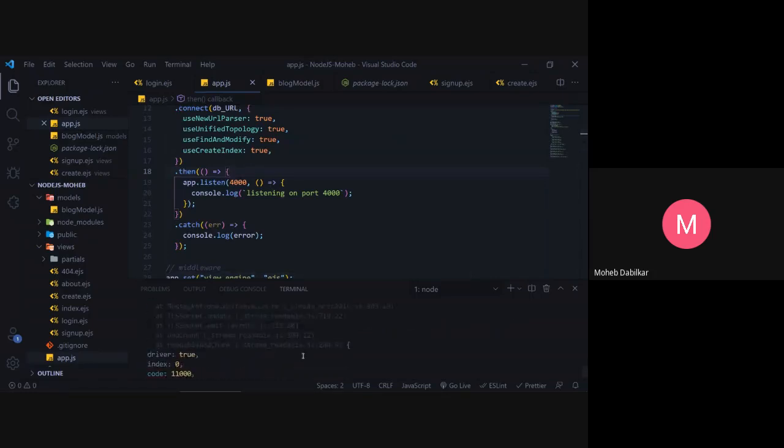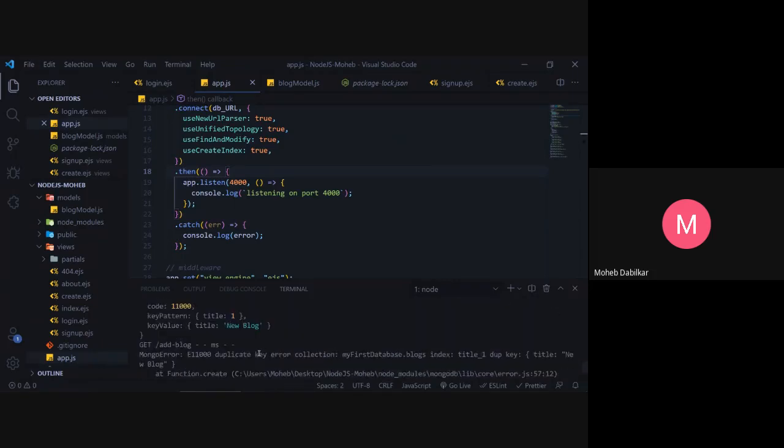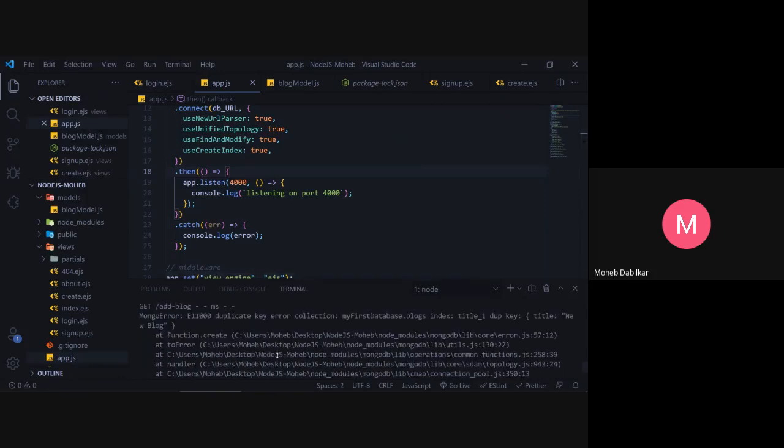Now you guys just saw that we had a warning, and the warning had a code, and the value was a new blog with a title, and it says 11000 duplicate key error. Okay, so this is known as errors.